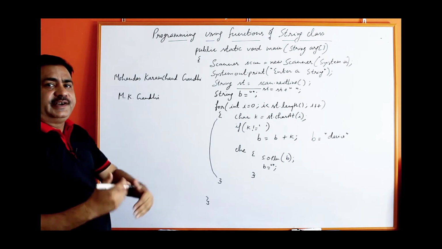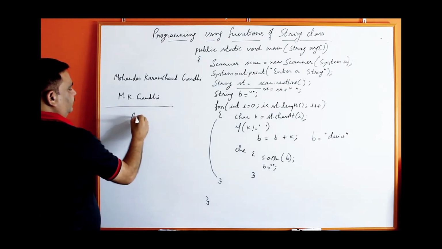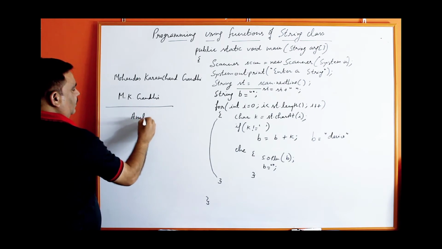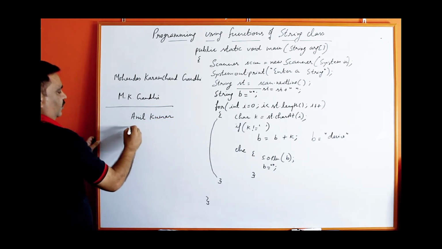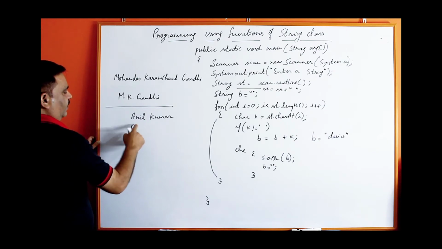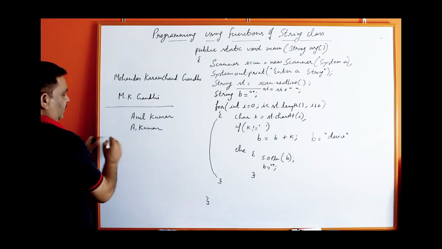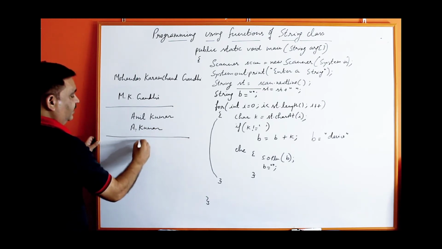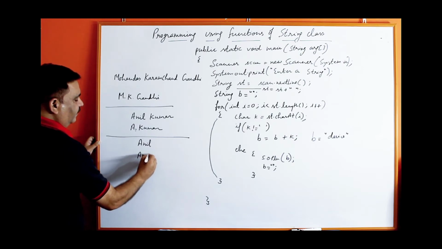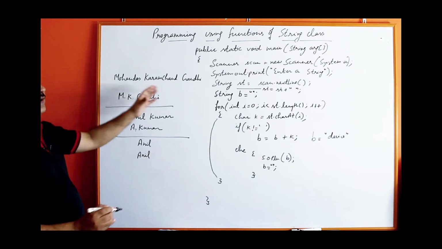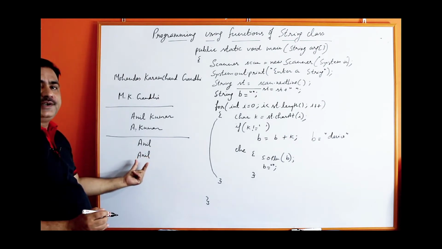Last word will be treated as surname. If the name is Anil Kumar, then output should be A dot Kumar. Another example, if the name is only Anil, then output should be the same word Anil. If the name consists of a single word, then no initial you have to print.